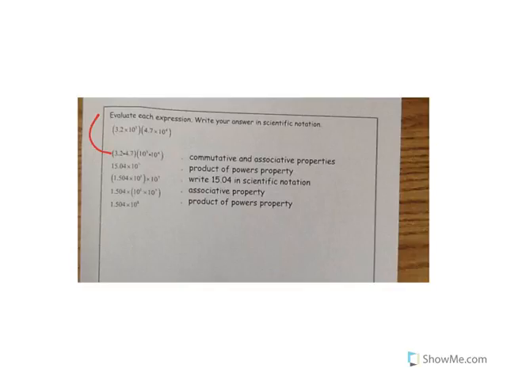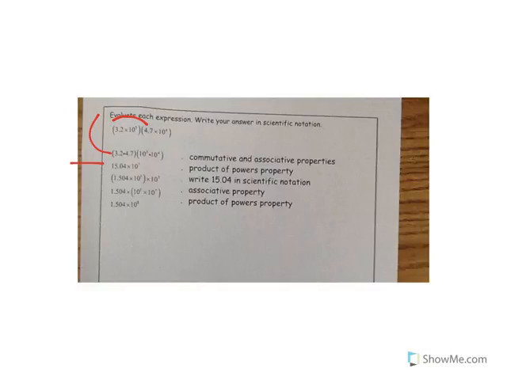If you have a problem where you're combining two numbers of scientific notation, what you have to do is divide them up into two separate problems. What you're doing is you're just changing the multiplication using the commutative and associative properties. So I'm going to multiply the numbers together, the 3.2 and 4.7 together, and then I'm going to multiply 10 to the fourth power times 10 to the third power. And that's going to give me